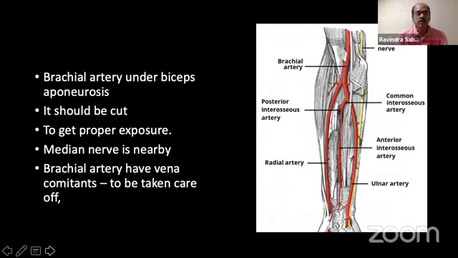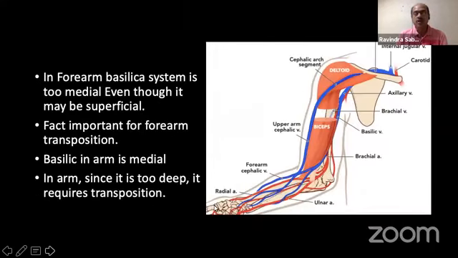It can be covered under the brachioradialis muscle, and that has to be taken care of. This is how the system works, and that is why the medial side is not preferred. Sometimes the veins go too medially, and therefore when the patient is lying down, this is not a proper side. This is a proper side on the lateral side. So that is what it is. In case you have to utilize this vein, then it has to be transposed to the lateral side, and then it can be utilized. So that is the important thing.